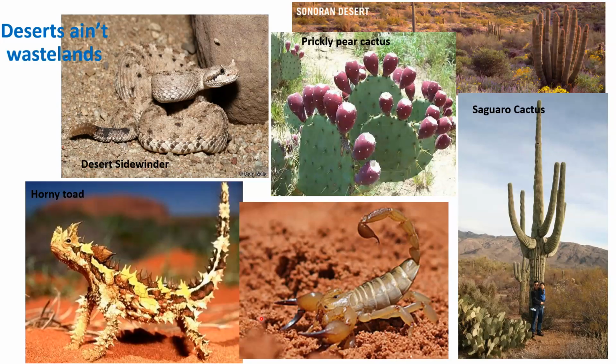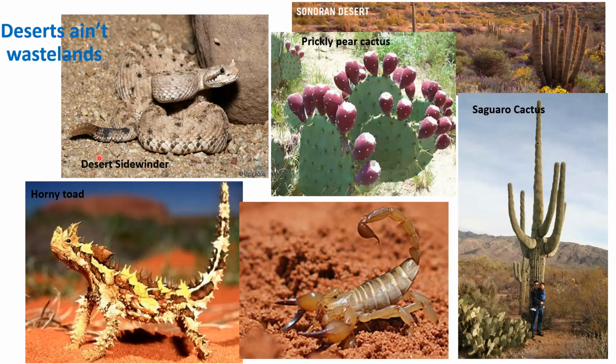Well, I should not let you believe that deserts are completely lifeless. That's not true at all. Deserts have interesting life forms, particularly reptilian life forms, which are quite rich in desert environments. In this one, you are looking at a desert sidewinder, which is very well adapted to camouflage and blend into the desert environment. In fact, some of those desert snakes can dig themselves into the sand, hide, and sit and wait for prey. These guys are also quite venomous, by the way. As you can see, desert sidewinders are rattlesnakes.